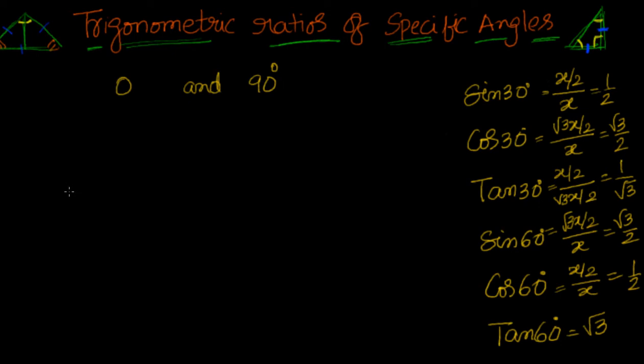This is very simple if you understand it, and also very complicated if you don't get it. I wish that it is very simple and you will get it. I am trying to express it in such a way that you will get it easily. If not, it is my mistake, not your mistake. This is 90 degrees. This is A, this is B, this is C. Now we are doing it for 0 degrees and 90 degrees. I will erase that if it is confusing you.